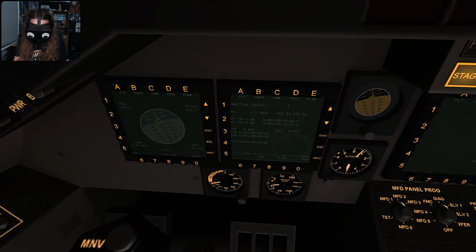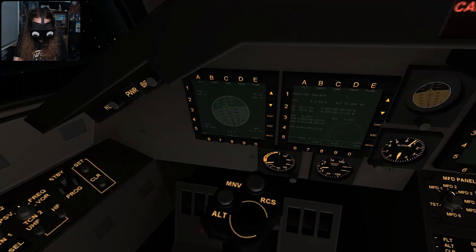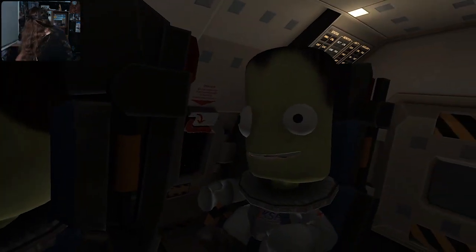Let's just jam it a little forward. 70.6. It'll do. 85.1. Okay, it's not my best orbit, but it'll do. I actually don't know why I have these extra crewmen. We don't really need them. I'm fairly sure that all they do is slow the game down, so...